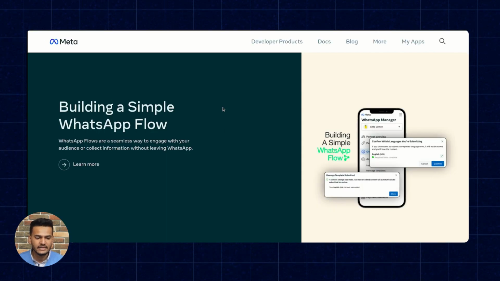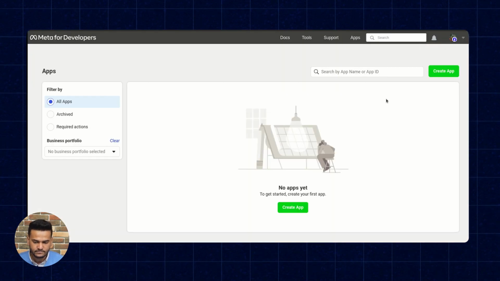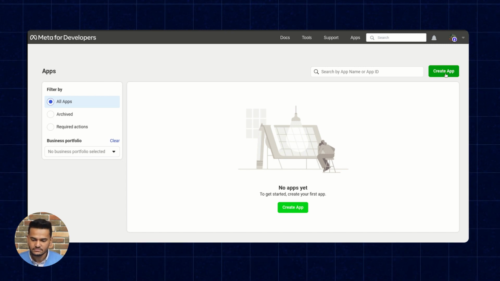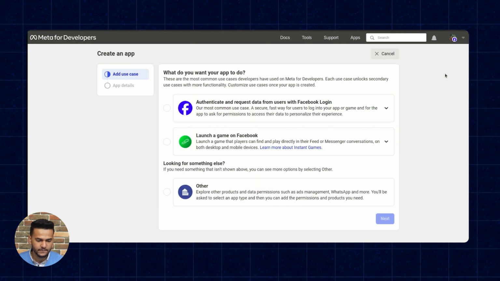To get those three details, first you have to create a developer account on Facebook and then move forward. Once the developer account has been created on Facebook, we'll simply have to go to My Apps. And here we'll create an application which will allow us to get the API keys and the credentials. Click on Create App.